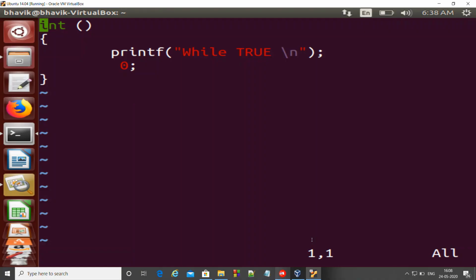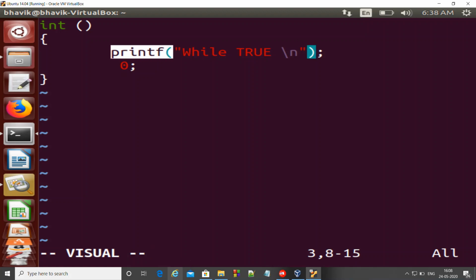The next thing we can learn is how to cut and paste content. Suppose you want to cut the printf statement and paste it somewhere else. How can we do it? You need to press escape and then v. Here, if you see the bottom left, it is in visual mode. Now using the arrow keys on your keyboard you can select the content that you want to cut.